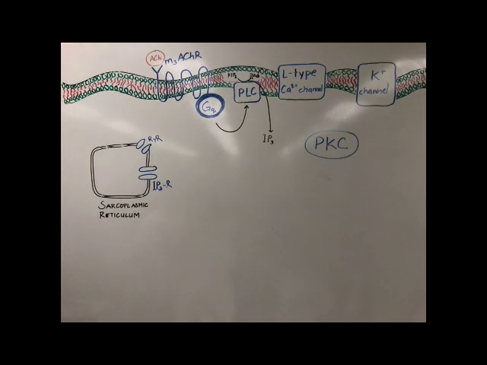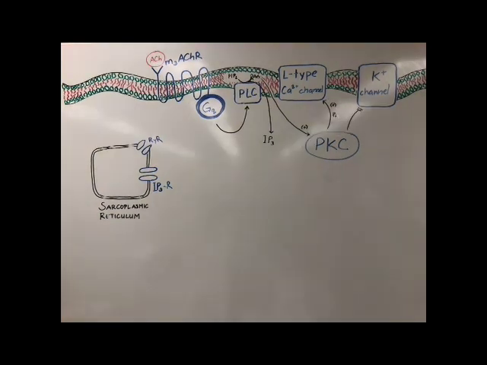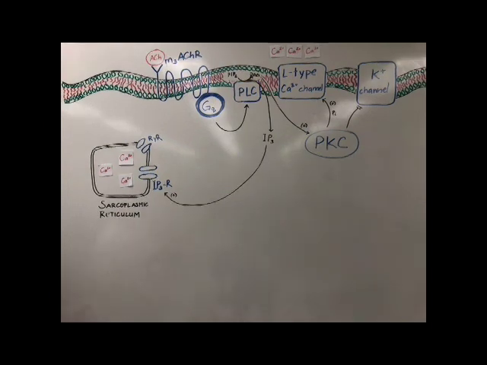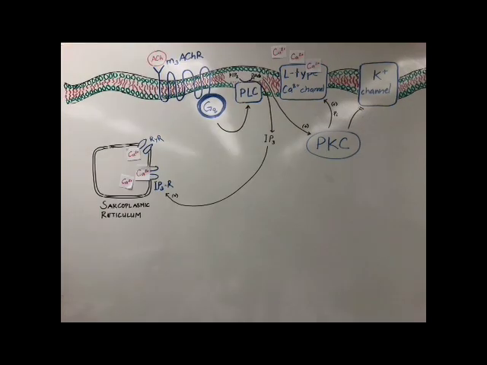So a couple things happen from here. DAG moves into the cytoplasm to activate protein kinase C, which has the twofold effect of activating LTCCs and inhibiting potassium channels in the cell membrane. At the same time, IP3 that's produced earlier gates the IP3 receptors in the membrane of the sarcoplasmic reticulum. So at this point, there are two sources of calcium that come into the cytoplasm that mediate the smooth muscle